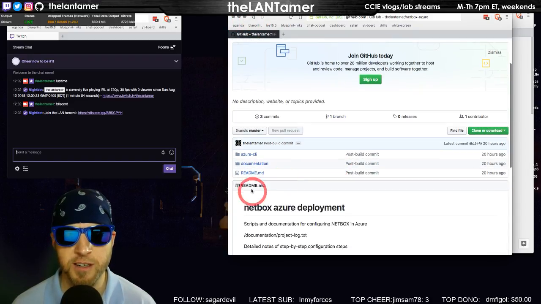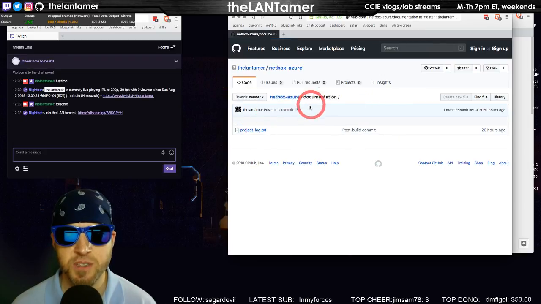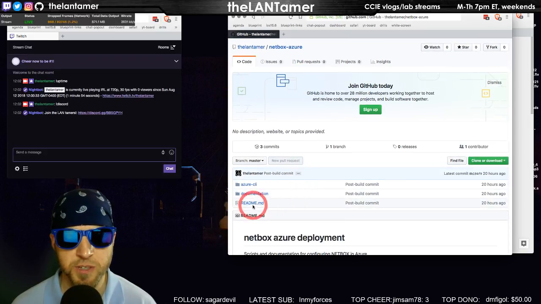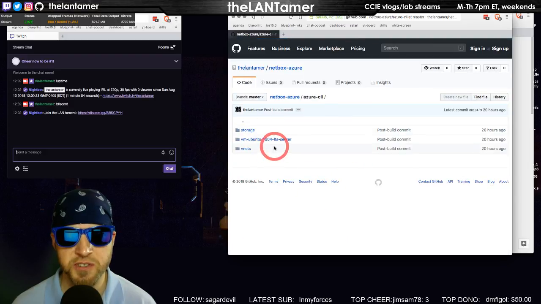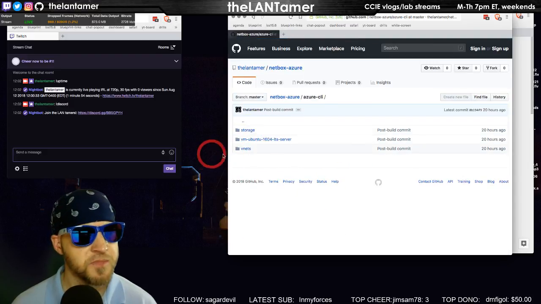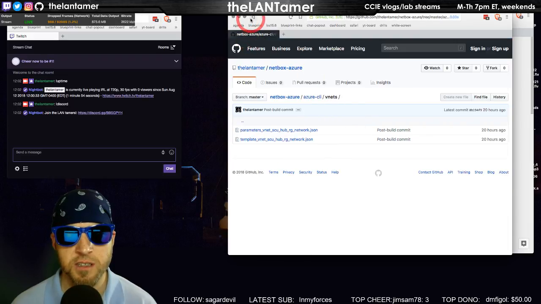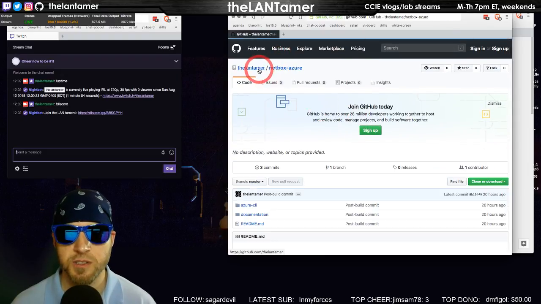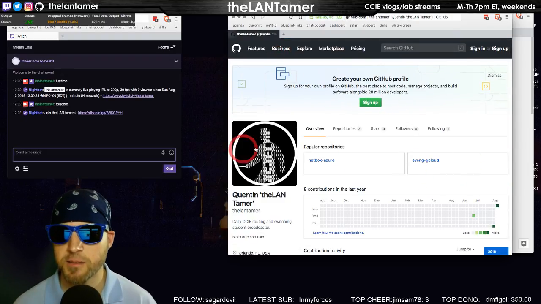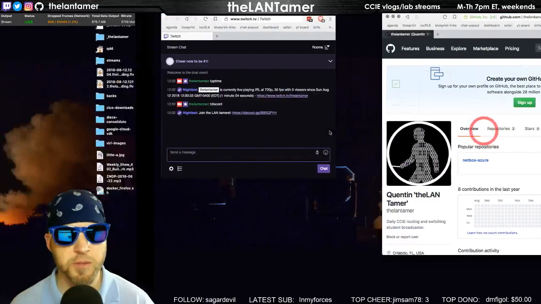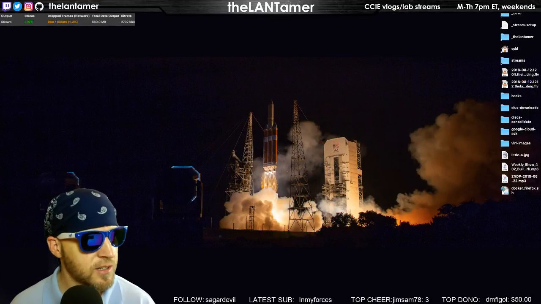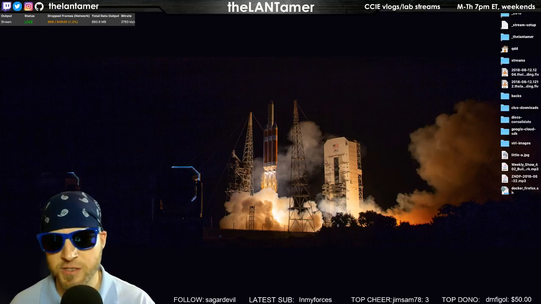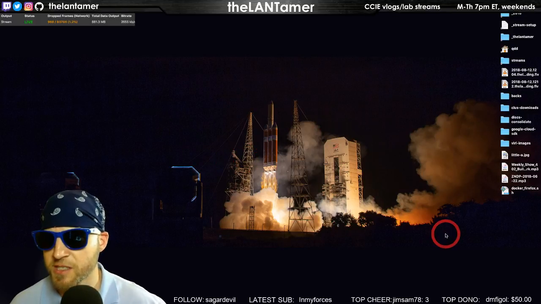You can also go in here, and these are Netbox Azure. There's a README, and then Azure CLI. Under Azure CLI, this is how I did a storage account. This is how I did the VNet, and these are the templates for the server itself. These are my parameter files. So it's up there, my first GitHub repo that's public. I've got some GitLab repos, but that's my first public one. I actually added links to the overlay and to all the places I have links, if you're interested in that.